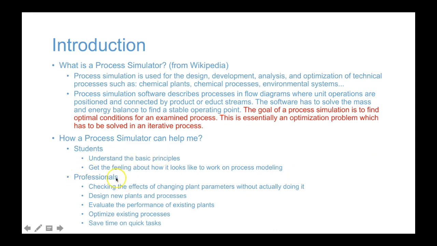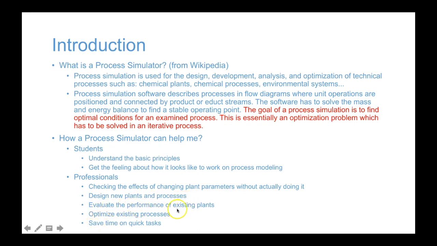And for professionals, we usually check the effects of changing plant parameters without actually doing it. We don't need to go to the plant and change the parameters of the towers and change the opening of valves. To see the effect and destabilize our process, we can do it in the software, in the simulator. And we also use a chemical process simulator to design new plants and processes,